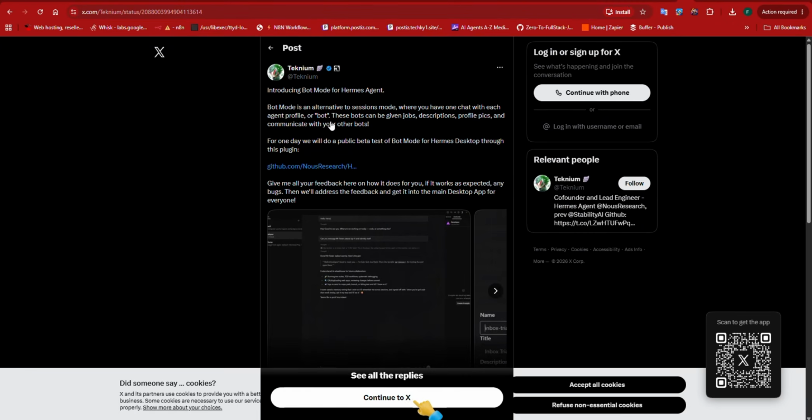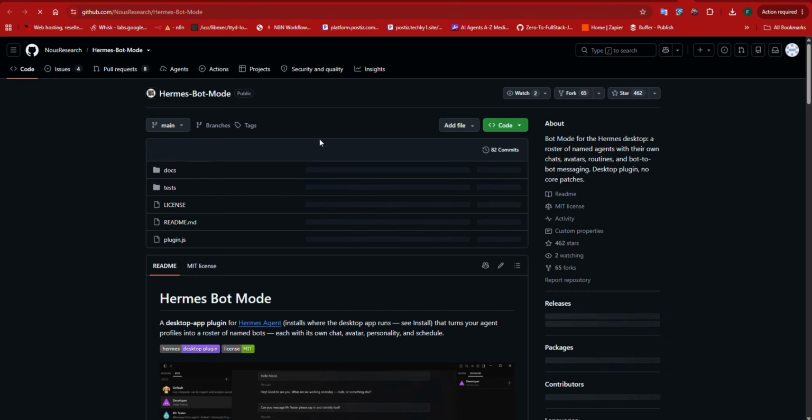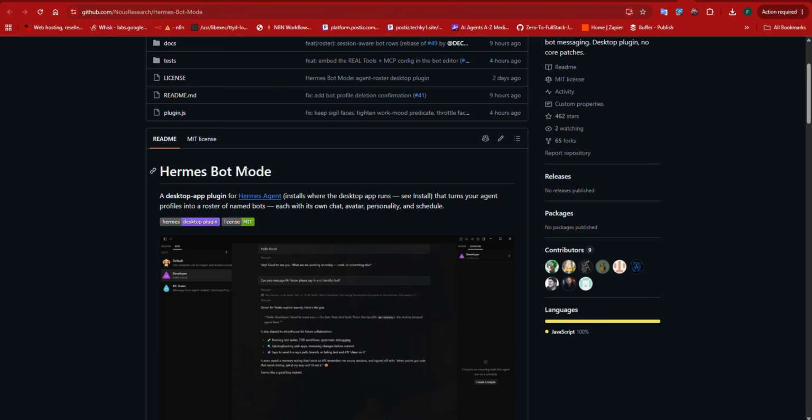Hermes Agent is already useful as a general-purpose AI assistant, but Bot Mode takes the idea much further. Instead of working with one anonymous assistant, you can create a roster of named agents, each with its own identity, model, skills, memory, and responsibilities. In this video, I'm going to install and explore Hermes Bot Mode, customize an agent, and create a second bot